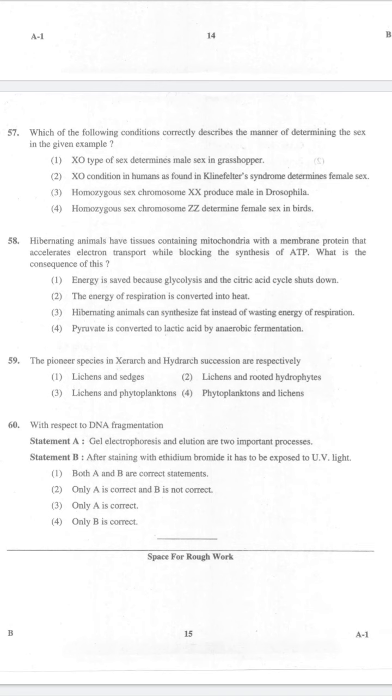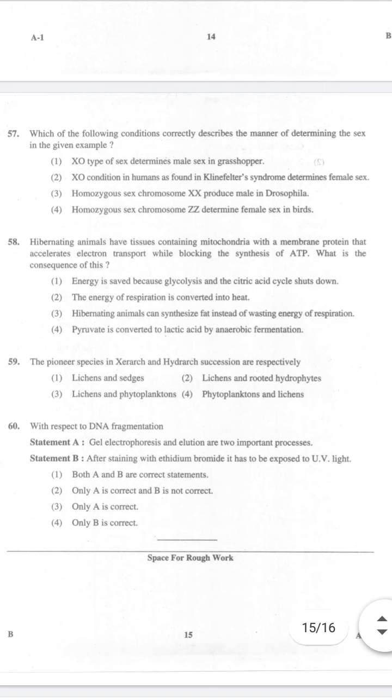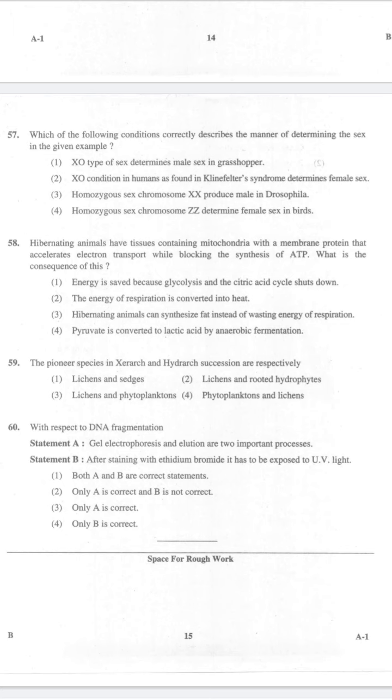Let's see the solution for this. The cutting of DNA by restriction endonuclease results in fragments of DNA. These fragments can be separated by the technique known as gel electrophoresis. The separated fragments can be visualized only after staining the DNA with a compound known as ethidium bromide followed by exposure to UV radiation. Bright orange colored bands of DNA are seen in the ethidium bromide stained gel on exposure to UV light. The separated bands of DNA are cut out from the agarose gel, and extraction from the gel piece is known as elution.